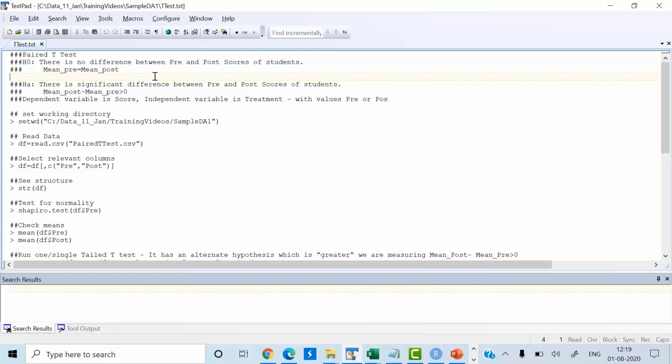When we say mean post score is not equal to mean pre score, is a two tailed hypothesis. But in this case we are using a single tailed hypothesis, because I just want to show you how to create a single tailed hypothesis in R. Okay, so our alternate hypothesis is not that pre and post score are equal, but mean post score is greater than mean pre score. Okay,